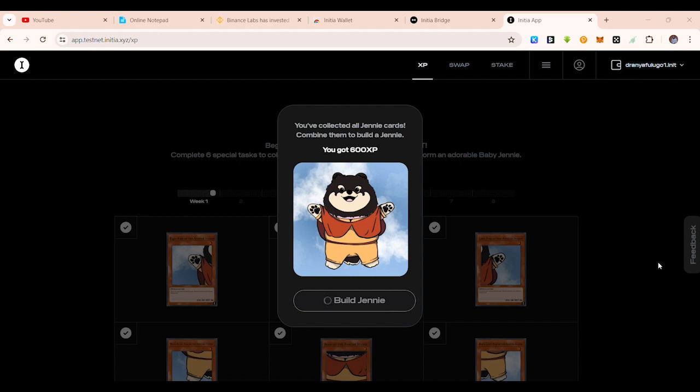Now doing this confirms stage 2 of the airdrop. The first stage is to perform all the tasks and mint the NFTs, while the second stage is to build journey. And when you build journey, you have the opportunity to access other aspects of the testnet, which include claiming your daily experience that will allocate 50 SP to you daily, and also the last one, which is